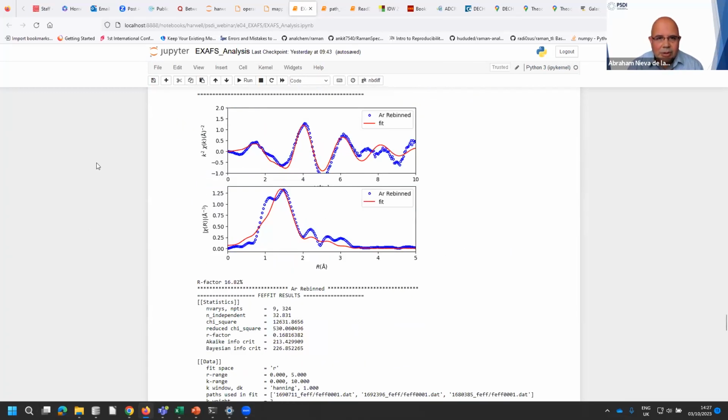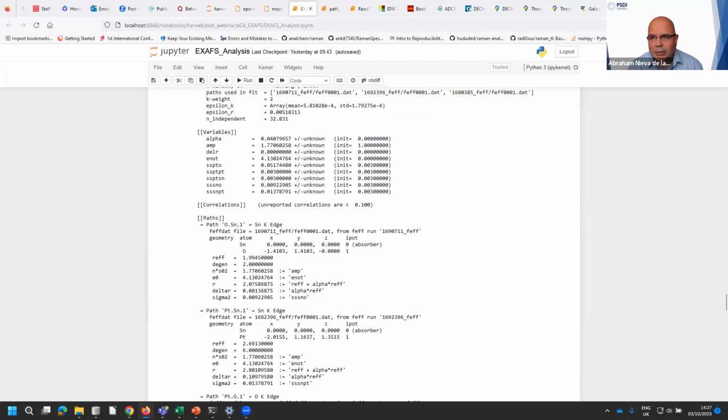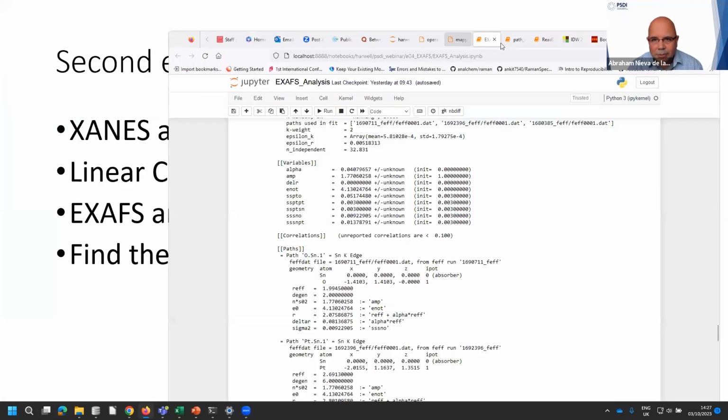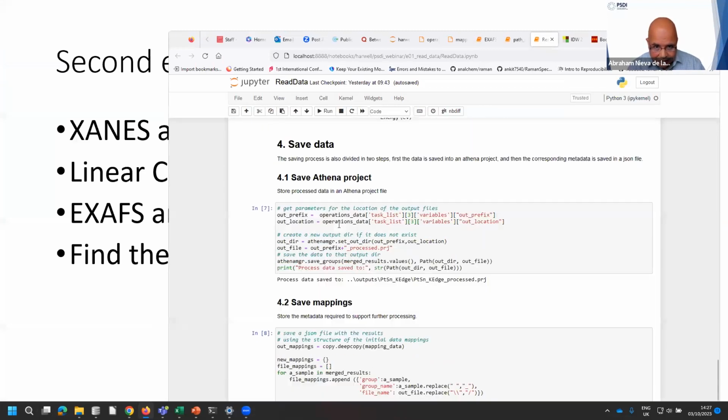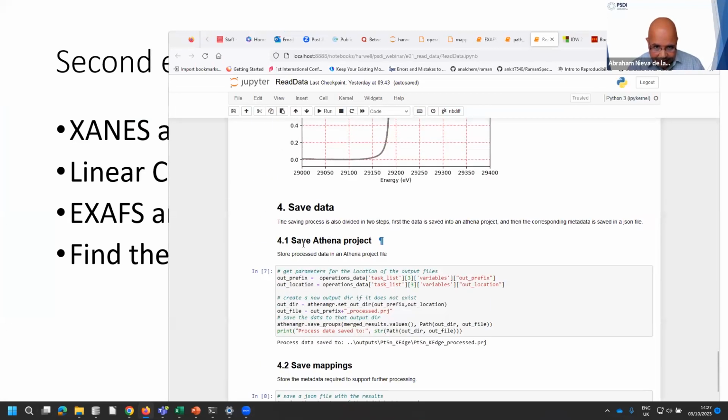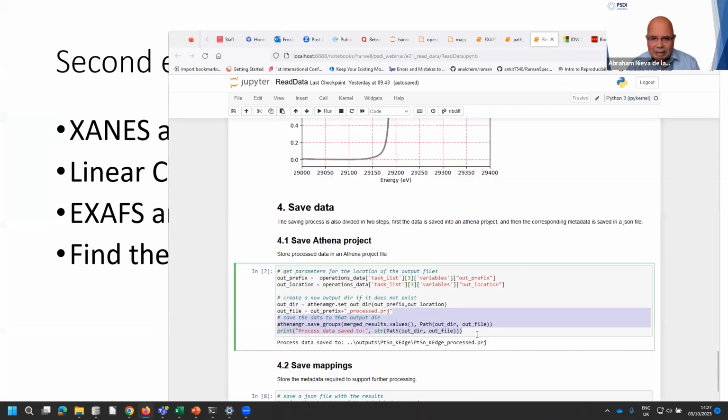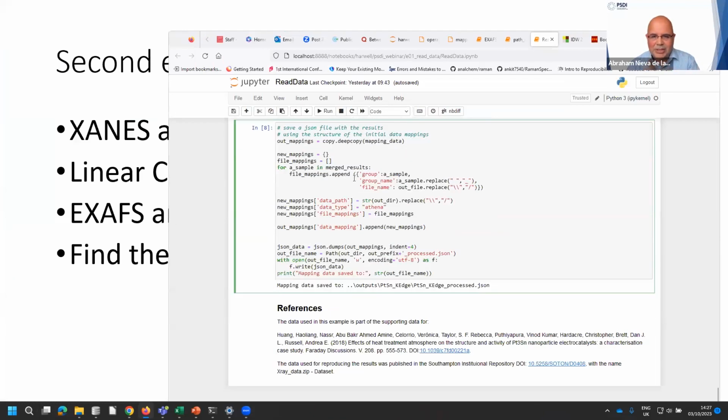If we go back to the previous example, the read metadata example, this save the Athena project only saves the Athena project, and save metadata, or save mappings, this saves the JSON metadata with the mappings for the